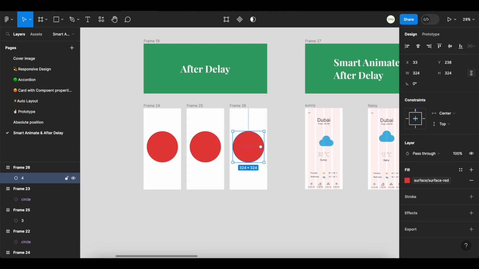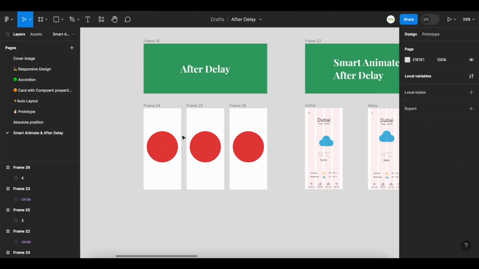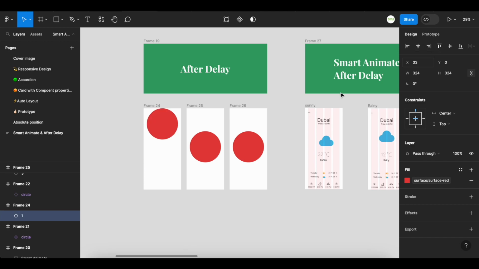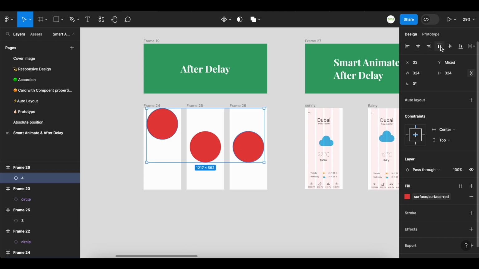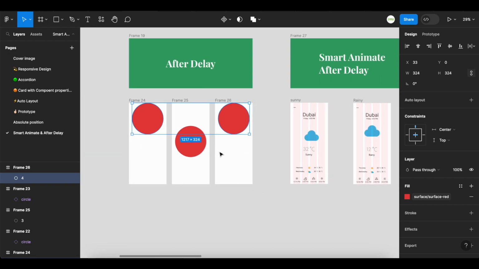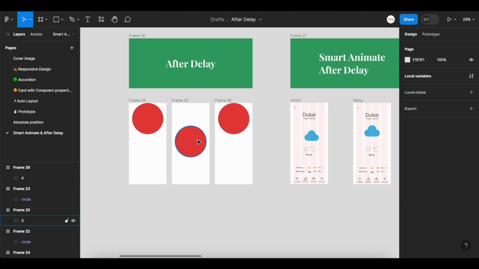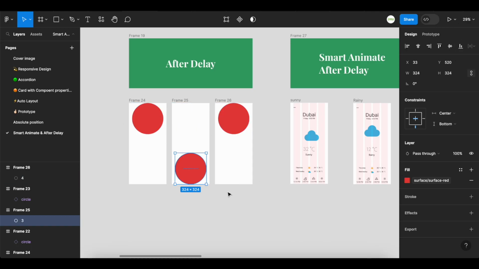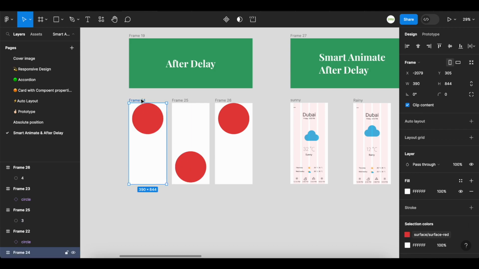So you can see the difference between adding a proper name and an inappropriate name. I'm just going to align them. We can create the bouncy effect we just created over here, but this time we don't use any component, and we are also not concerned about proper names for our elements. So you can see the end result, I'm just going to shift from design